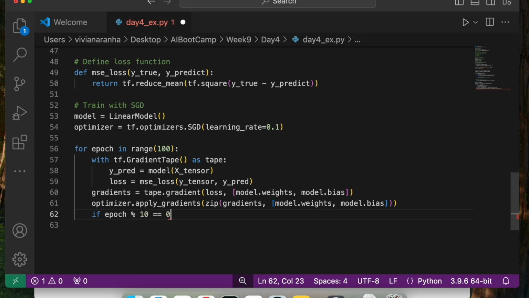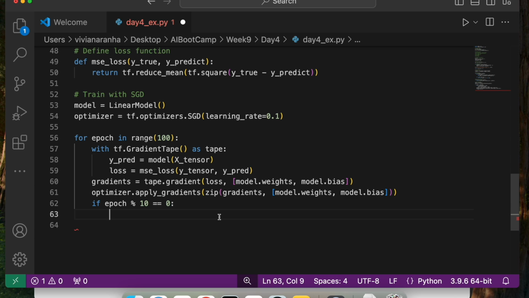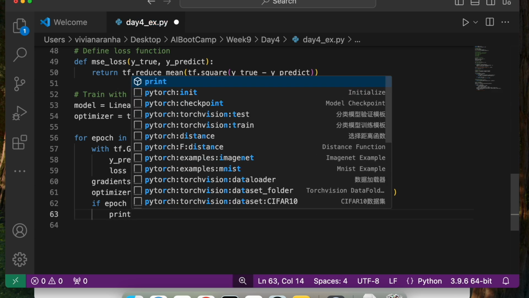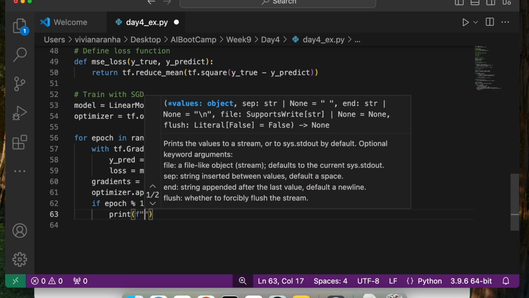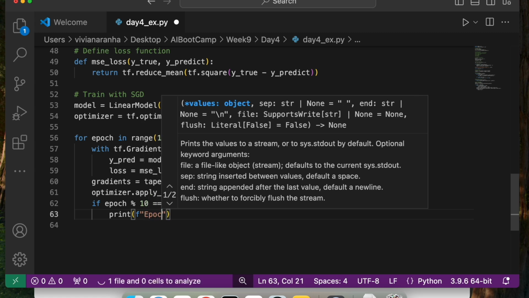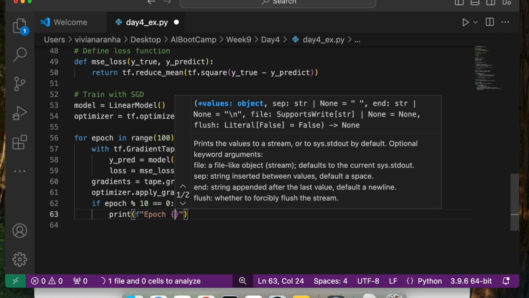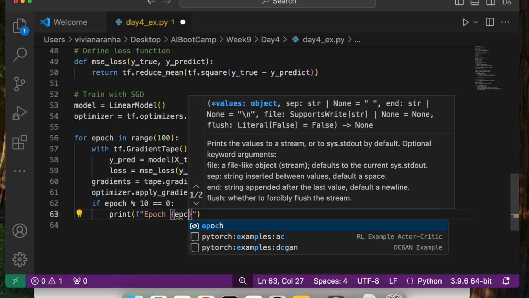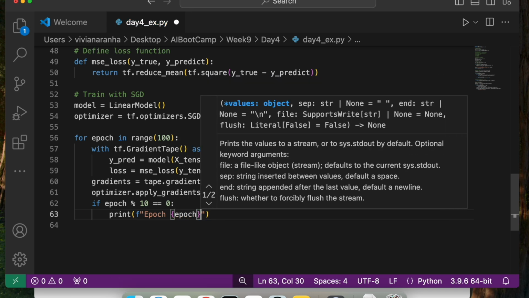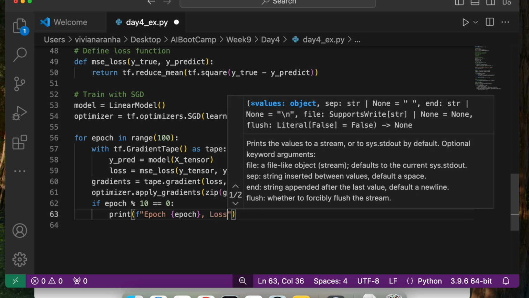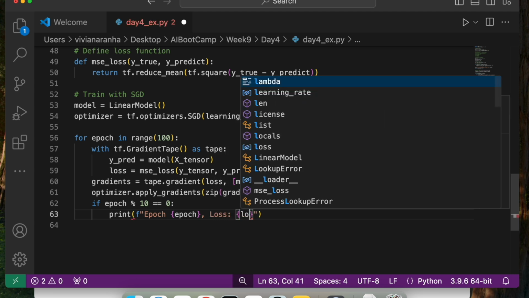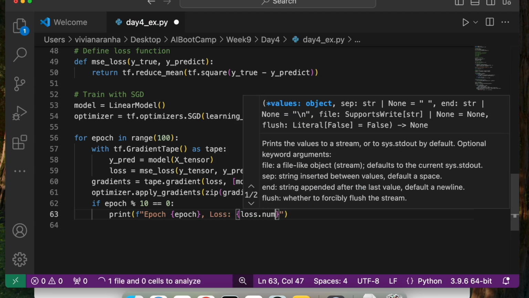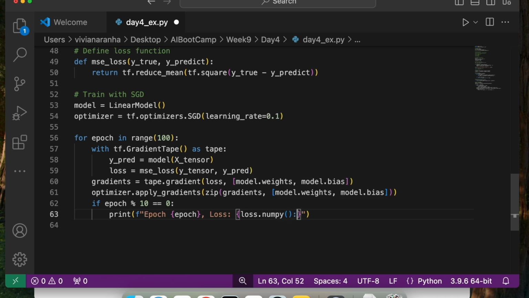Now I'm going to check every 10 epochs, or 10 rounds, because we have 100 total epochs. So it will be 10, 20, 30, 40, 50 until 100. Loss is loss.numpy, so I can see it in a float format. That's what I'm going to print out.